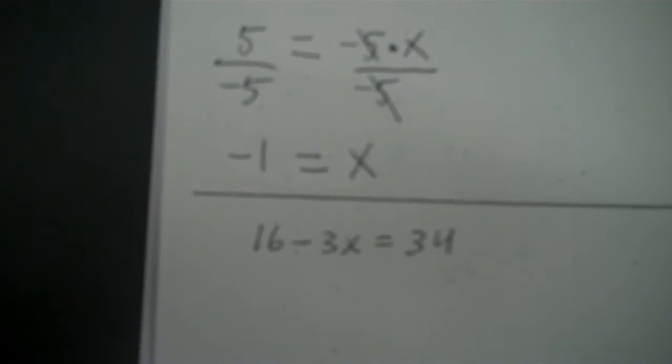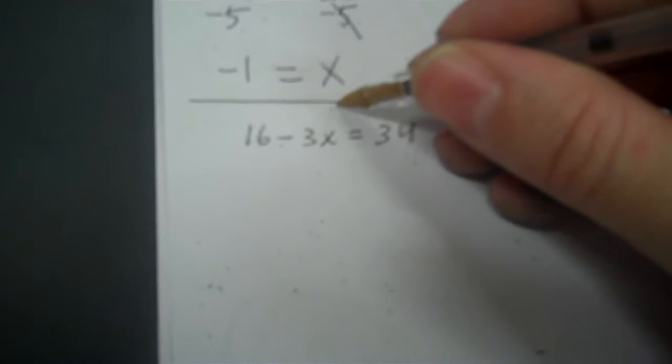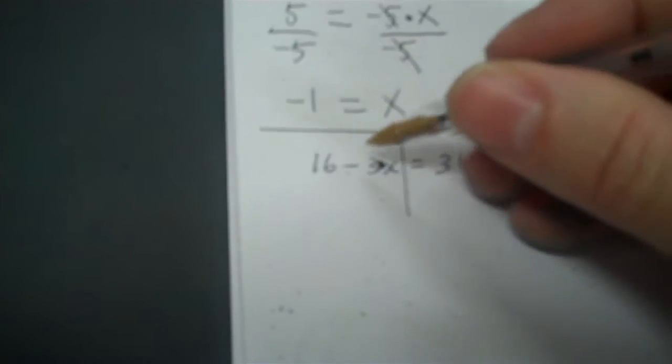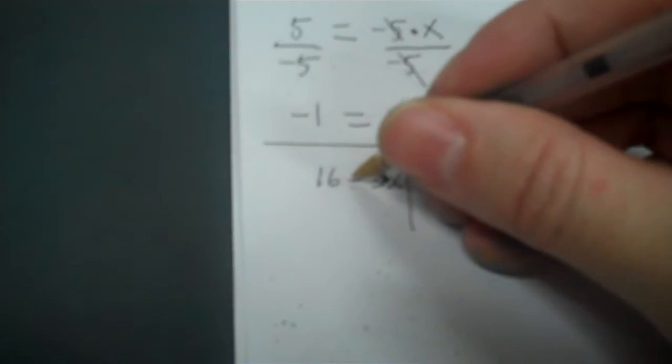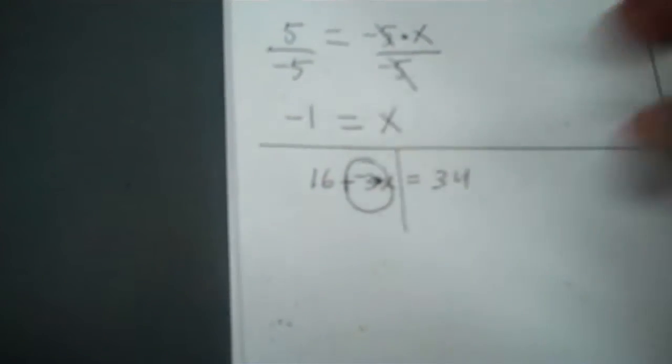Okay, 16 minus 3x equals 34. Now, you got two operations. What's happening to x? You got a multiplication by 3. You want to circle that, but if you have a minus in front of that number, you make the minus a plus and the 3 a negative. Okay? That's anytime the multiplying number has a minus in front of it. That's a plus there. So between the 16 and the circle, you got plus. The opposite of plus is minus. So I'm minus